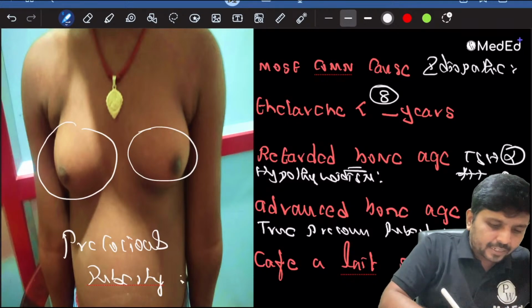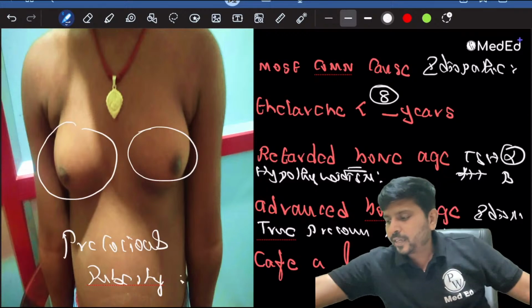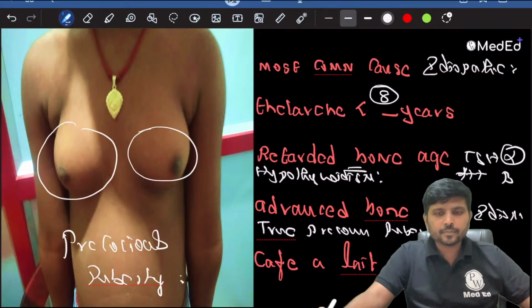Most common cause, as I told you, is idiopathic. When precocious puberty is associated with